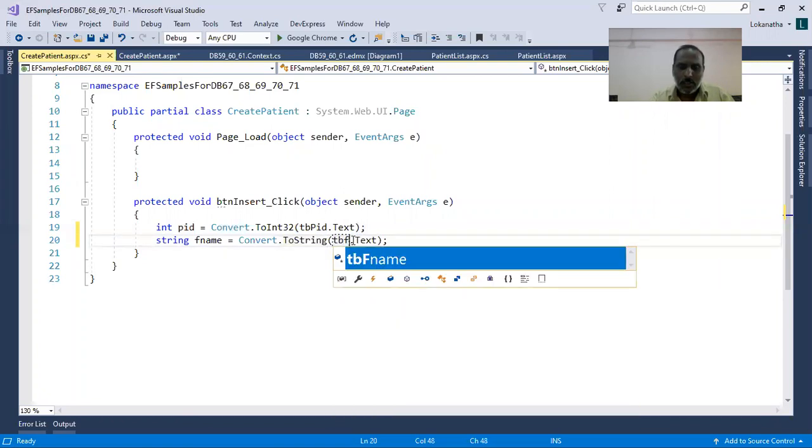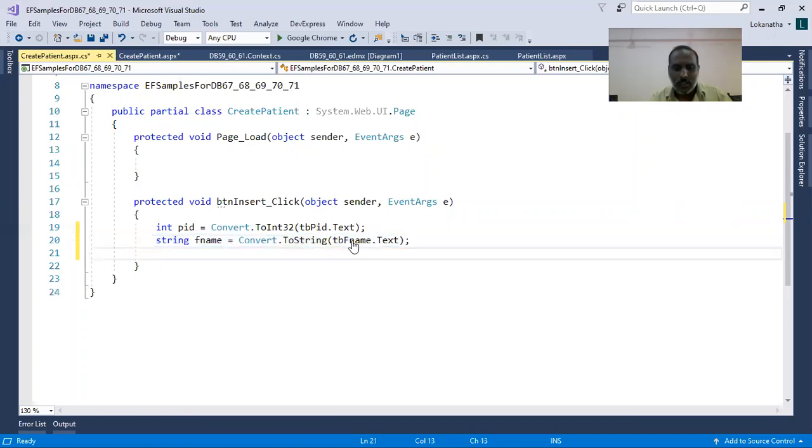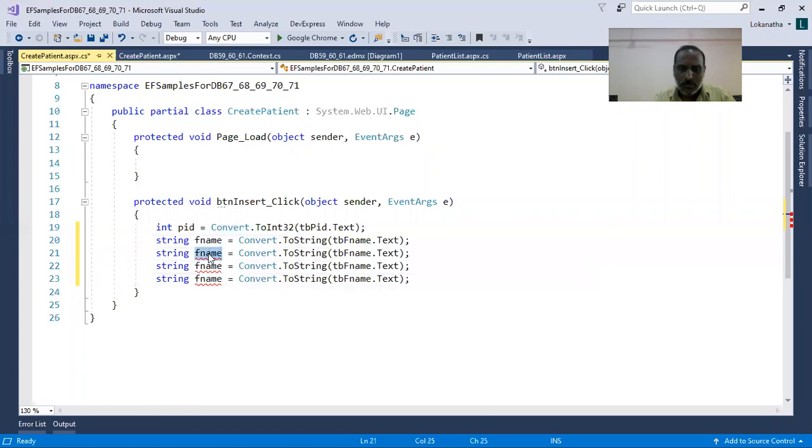So FName. Same way I'll take LName, age, then blood group. So this is my LName. This is my age.